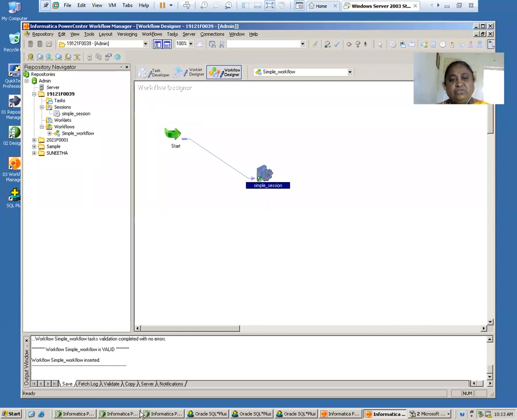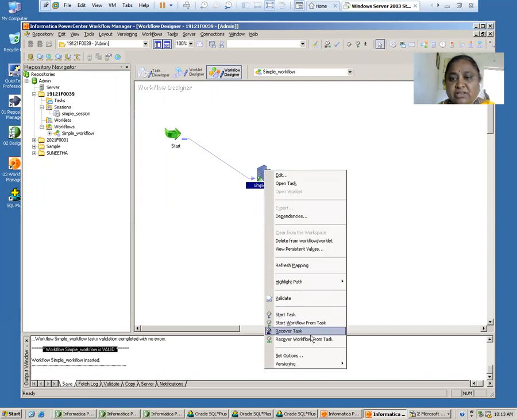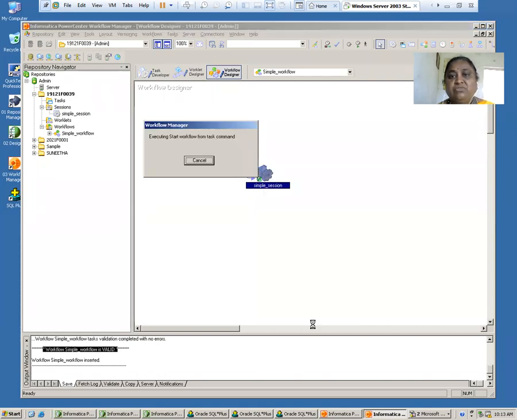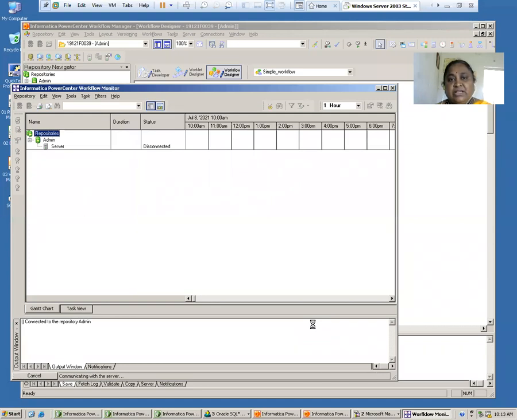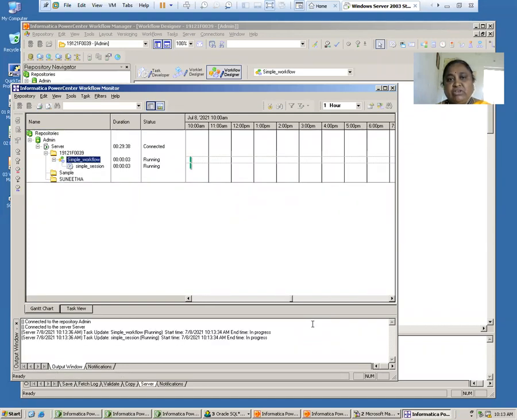Now you can see the simple workflow has been inserted and your workflow is valid. Yes, my task is done. Now what we have to do: right click on this particular workflow and start workflow.